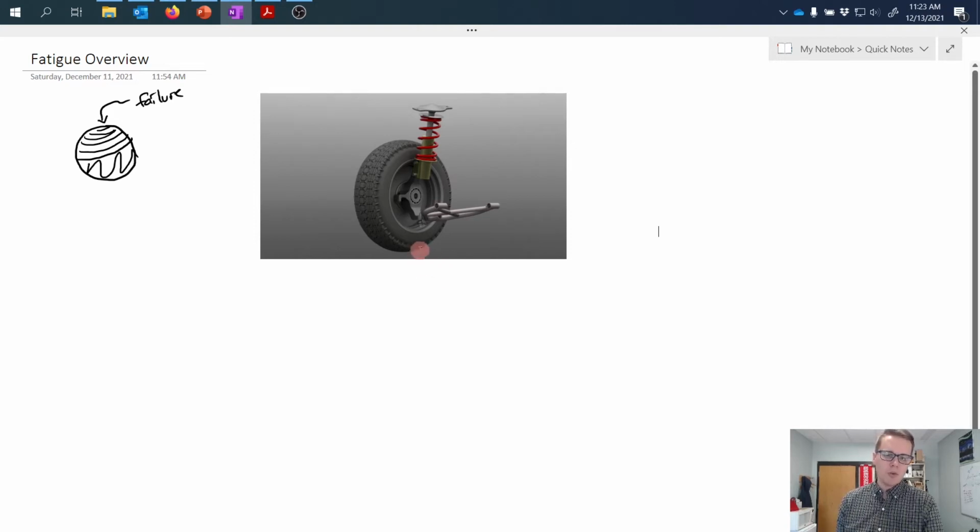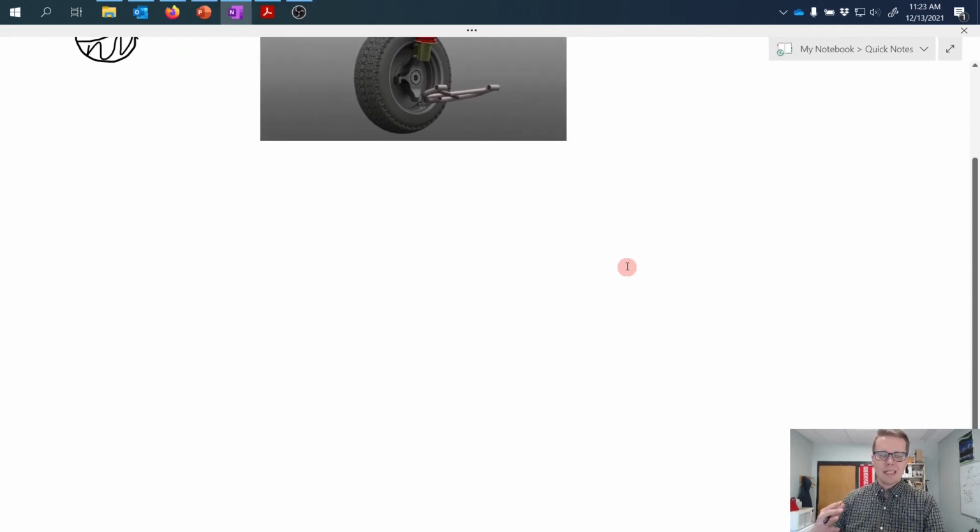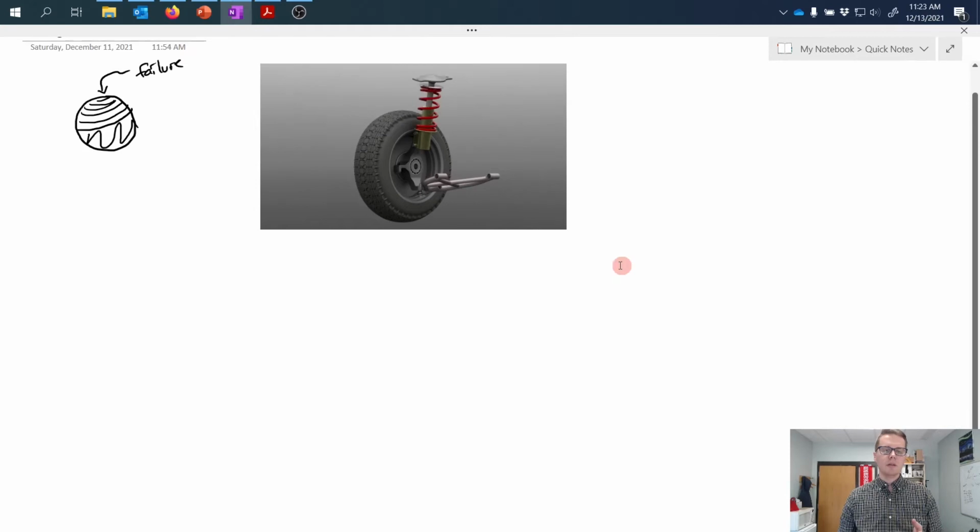So as this wheel travels over the ground, it is going to be subject to bumps and potholes and speed bumps and things like that that cause the wheel to go up and down, applying a varying load up and down with time. So let's suppose that we could approximate that as just some sort of standard varying load. So as this loading is applied and removed and applied and removed, the components within this assembly see stresses, right? So recall what we've seen before,